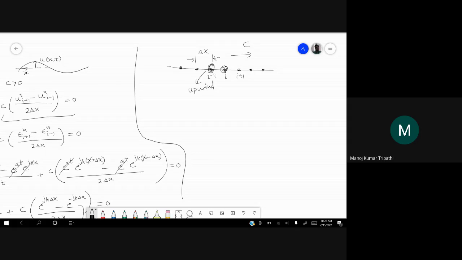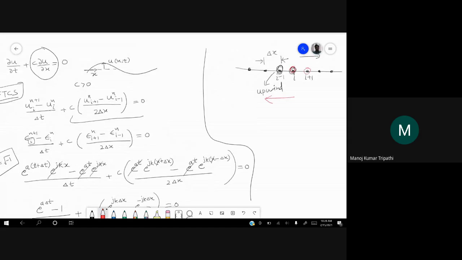So the analogy is that if the wind is blowing, then the upwind or upstream point you have to take. If the wave velocity is negative, that is in this direction, and you want to calculate the derivative at point I, then you should consider the I plus 1th point. Okay. So if it is given that C is greater than 0,